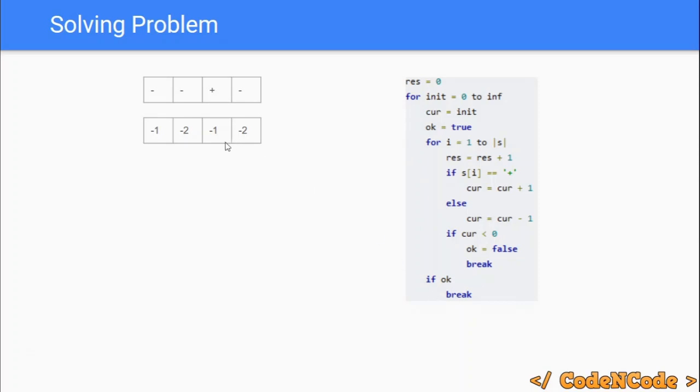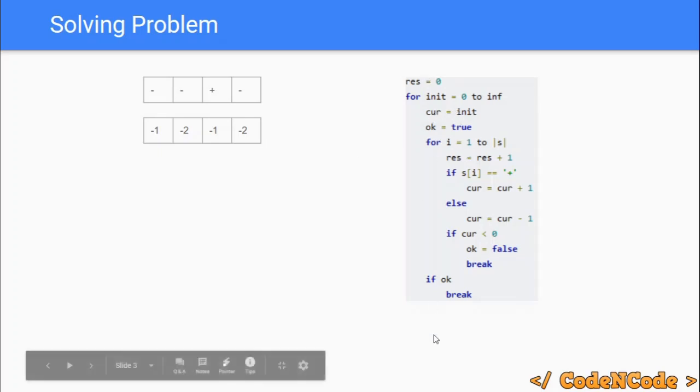So basically you have to find the minimum value, and that is the initial health on which you will be able to survive. So basically your for loop will end at value 2, right? You won't be able to survive on 0, you won't be able to survive on 1, but you would be able to survive on 2. But now that we know how to find the value of current on which this for loop will end,